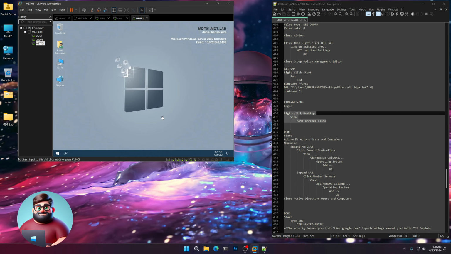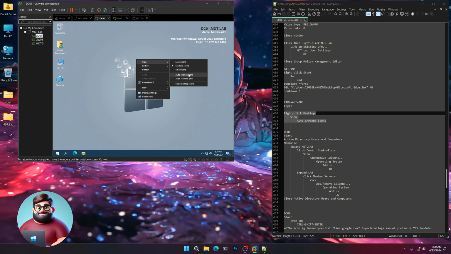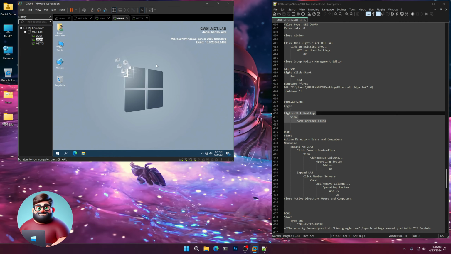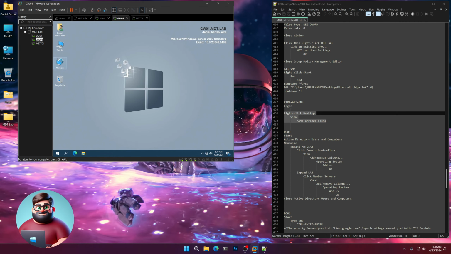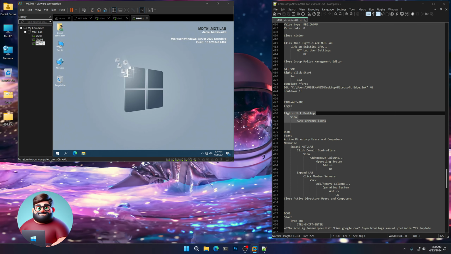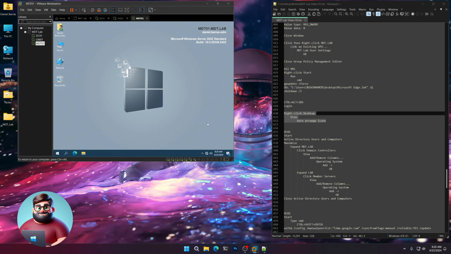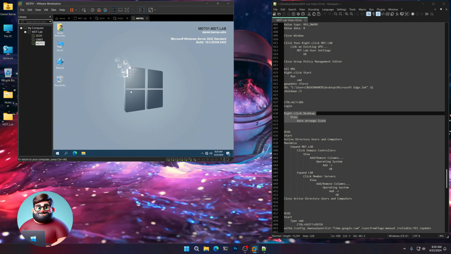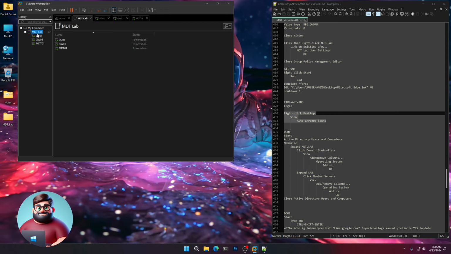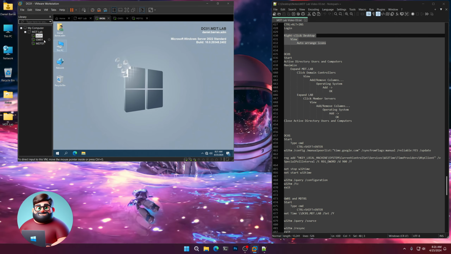All right. And we're going to right click our desktop, view, auto arrange icons. Okay. There we go. So now we've got our user folder, this PC, network, our recycle bin, and we're good to go on all three of these. They should all be the same now. Okay. On DC01,